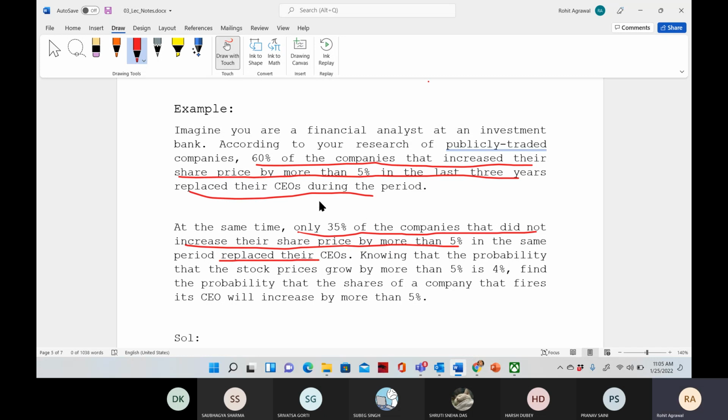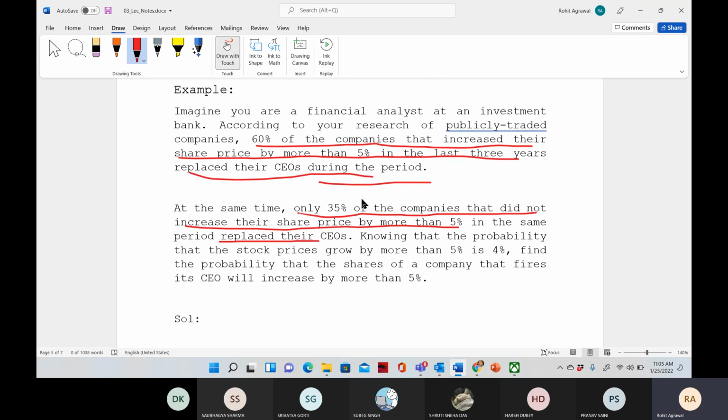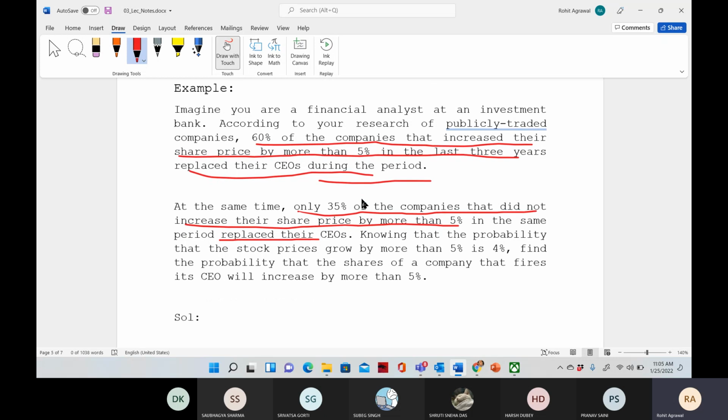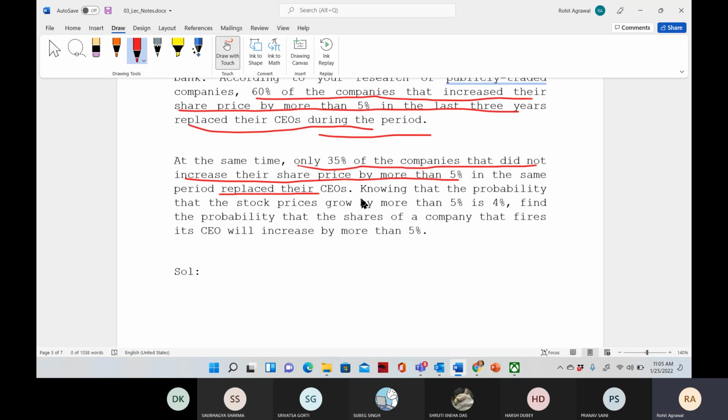तो सीईओ रिप्लेस्ड कर रहे हैं वो, ठीक है। इन द फर्स्ट केस, 60% कंपनीज ने सीईओ रिप्लेस किया जब उनके शेयर प्राइस 5% इंक्रीज हुए थे। एंड इन द सेकंड केस दे रिप्लेस्ड देयर सीईओ, हाउ मेनी कंपनीज, 35% कंपनी, in the cases their share price did not increase more than 5%, ठीक है।